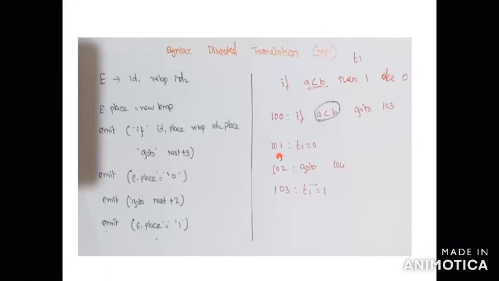At 101 you write the temporary variable, here only one, equal to 0. Zero means false, and false means you go to 104. 104 means there are no statements, an empty state, so automatically you go to the next input expression. Then 103: T1 equal to 1, meaning the expression if A less than B is true, so you go to state 103. If it is false, you go to the empty statement and on to the next input statement.